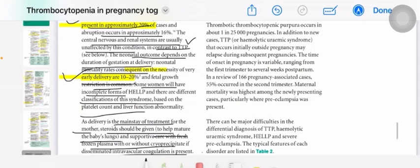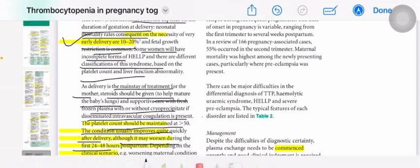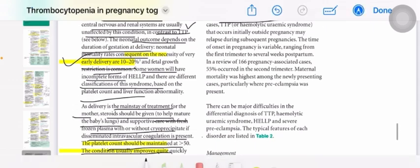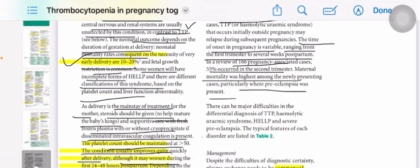The incidence is 1 in 25,000 pregnancies, and the time of onset in pregnancy is variable, ranging from the first trimester to several weeks postpartum. Sometimes the patient may have underlying TTP before pregnancy, and sometimes you diagnose the patient as presenting in pregnancy with TTP. In a review of 166 associated cases, 55% occurred in the third trimester. Maternal mortality was high, particularly where preeclampsia was present,